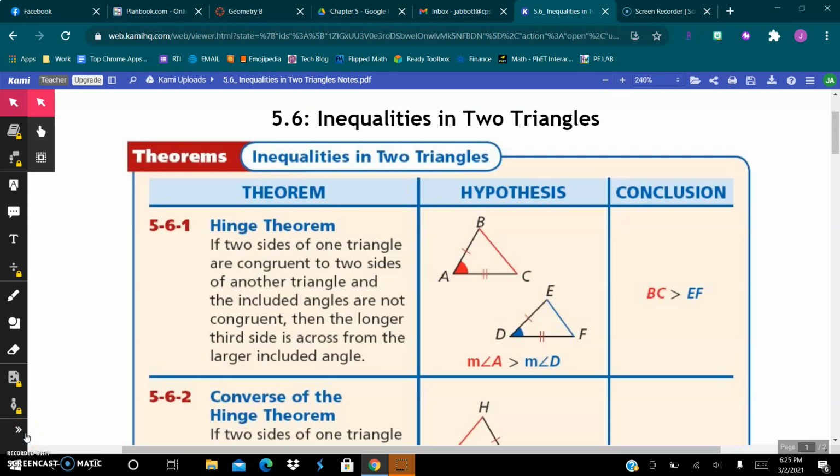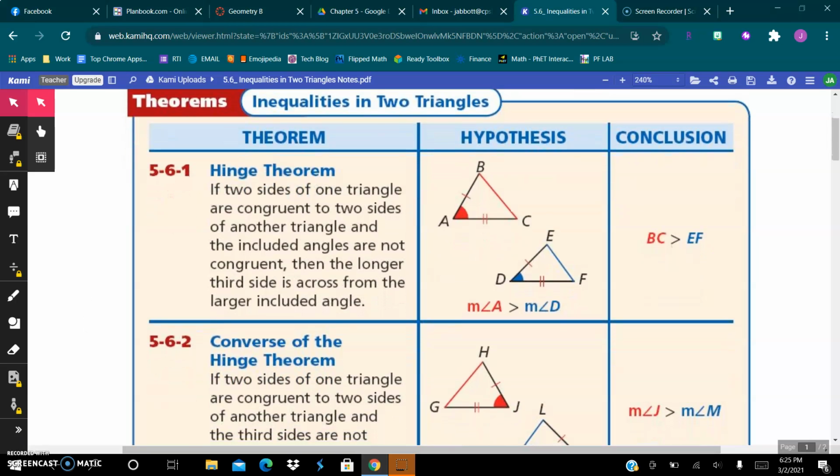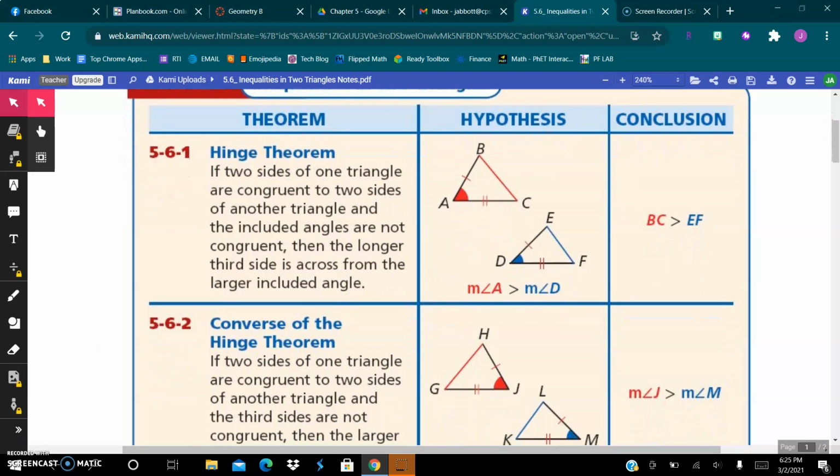We are going to take a look at inequalities in two triangles. So we're going to start off with two theorems here. The first one is the Hinge Theorem, and it says if two sides of one triangle are congruent to two sides of another triangle, and the included angles are not congruent, then the longer third side is across from the